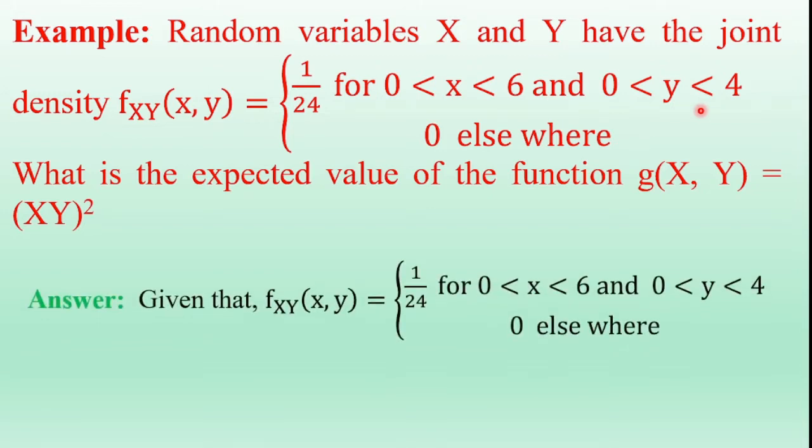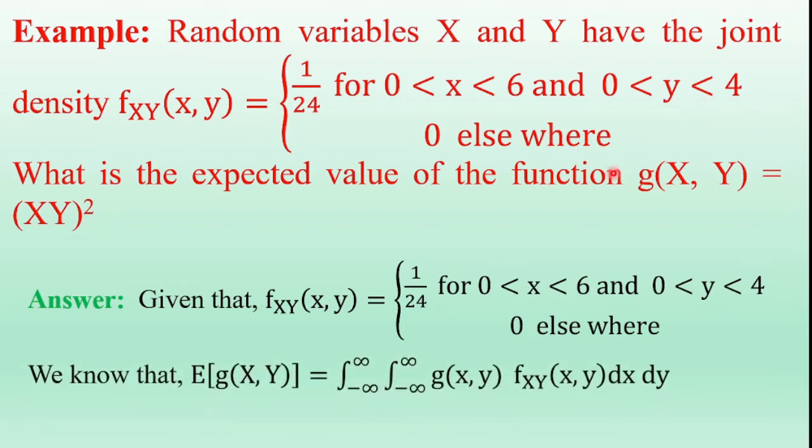Coming to the solution, given that the joint density function is 1/24 for x = 0 to 6 and y = 0 to 4. So we know that the expected value of the function g(x, y) is the integral from minus infinity to infinity, integral from minus infinity to infinity, of the function g(x, y) times the joint density function, dx dy. So now here from the given data, the function g(x, y) is (xy)^2. Therefore, the expectation of (xy)^2 is equal to